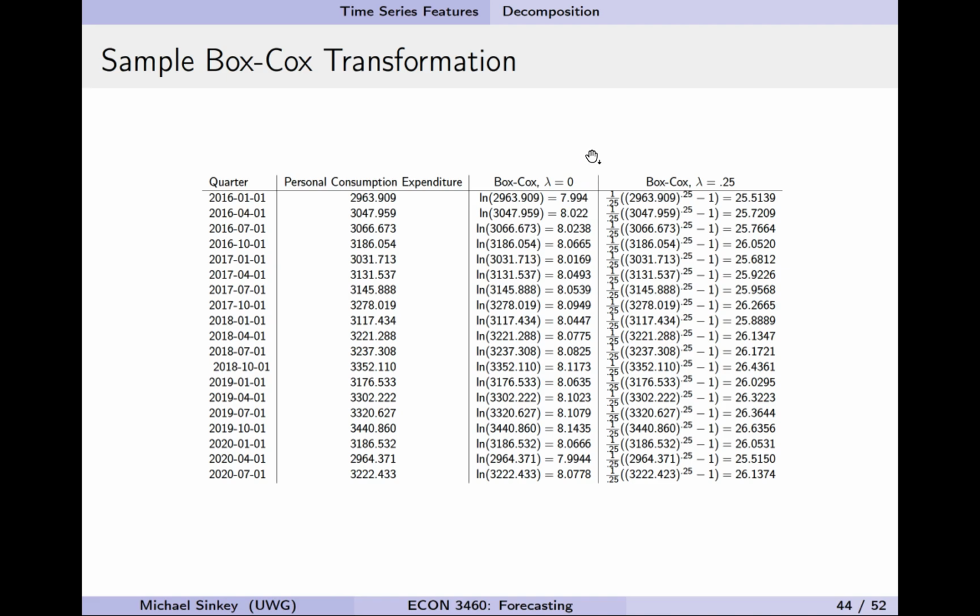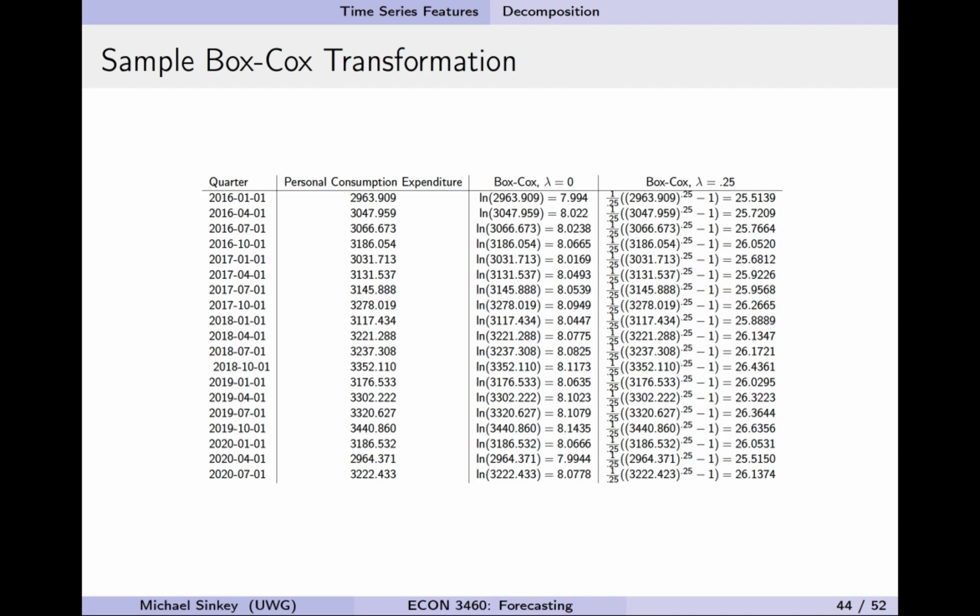You can see I just took a natural log of the data, and I shoved it down from ranging from 3,000 to 3,440 to 7.99 to 8.14. And so this essentially just flattened it out. And then you can look at lambda equal to 0.25, and we're shoving it into a space from 25.5 to, say, 26.63. So the Box-Cox transformation, what you want to have happen is for the volatility to look the same across